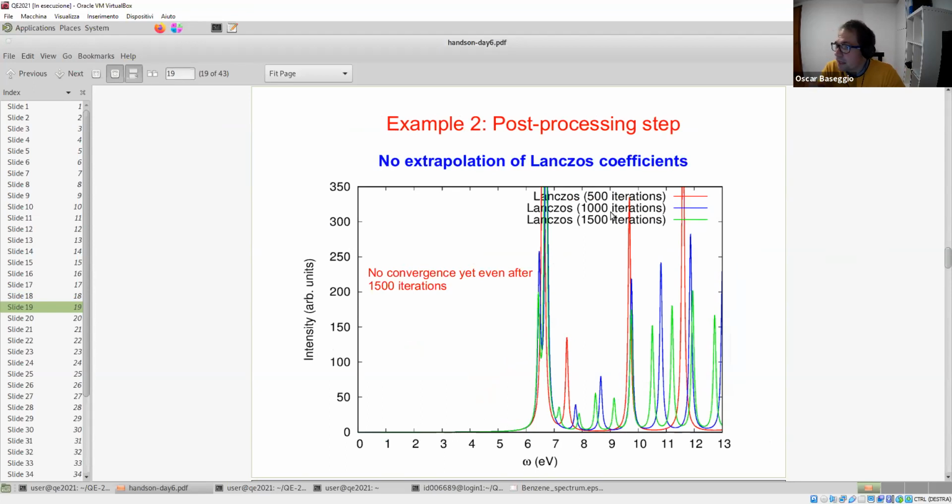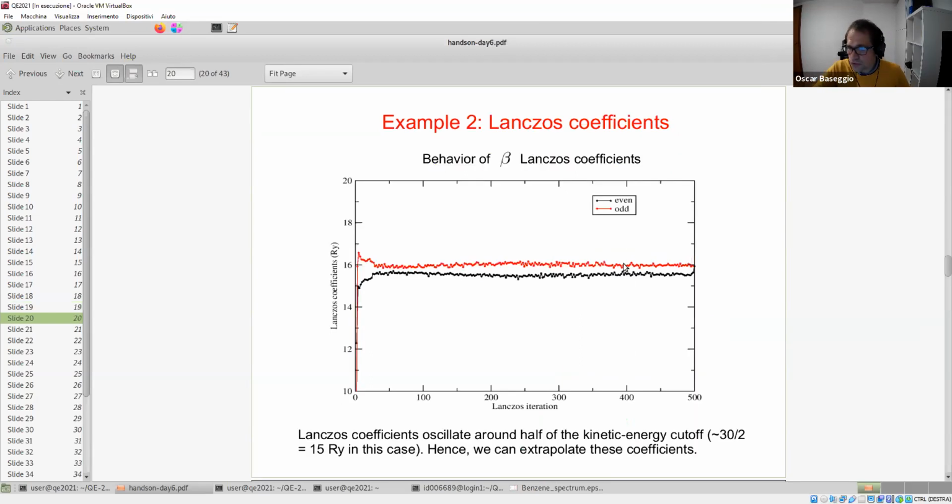Like Iurii showed this morning, this spectrum is not really converged. You can see the spikes, the peaks, with very sharp spikes, so this is not converged. So you can compute more and more iterations until the convergence of the spectrum, or you can use a trick